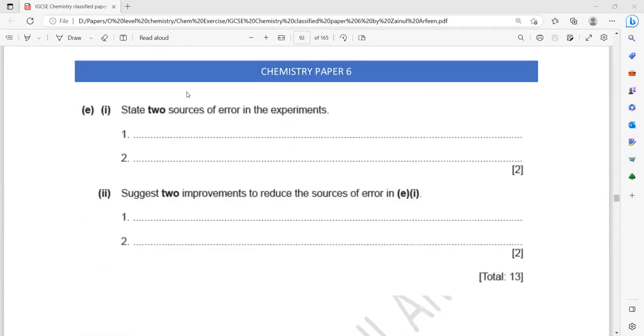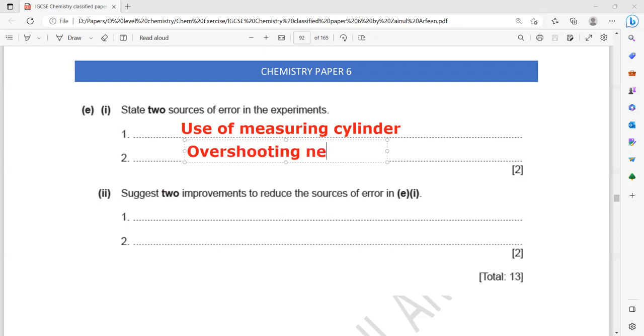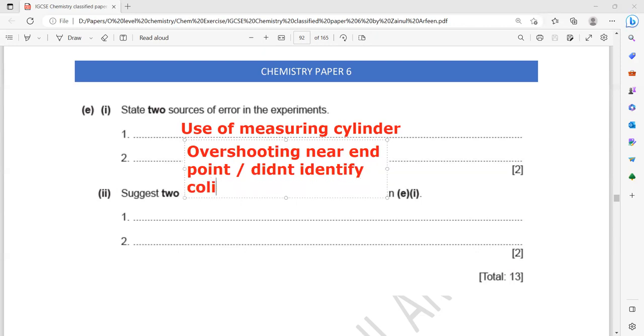So two sources of errors in this experiment: the use of a measuring cylinder, then going past the endpoint, overshooting at the endpoint, or did not recognize the color change. And the other one, as we mentioned,